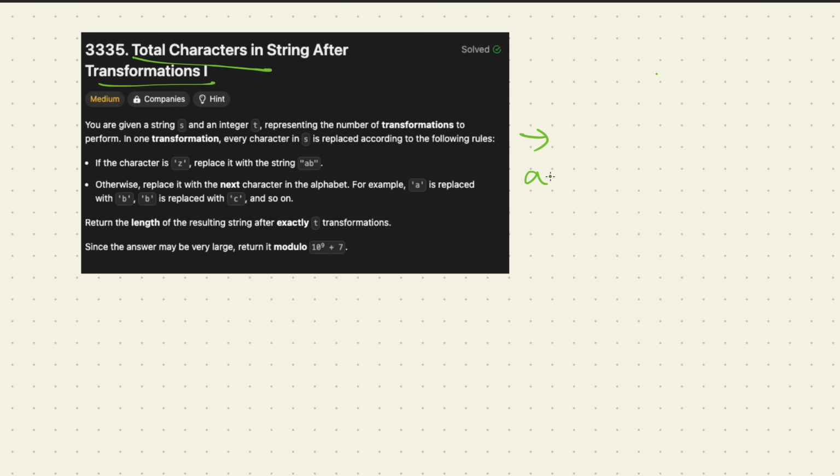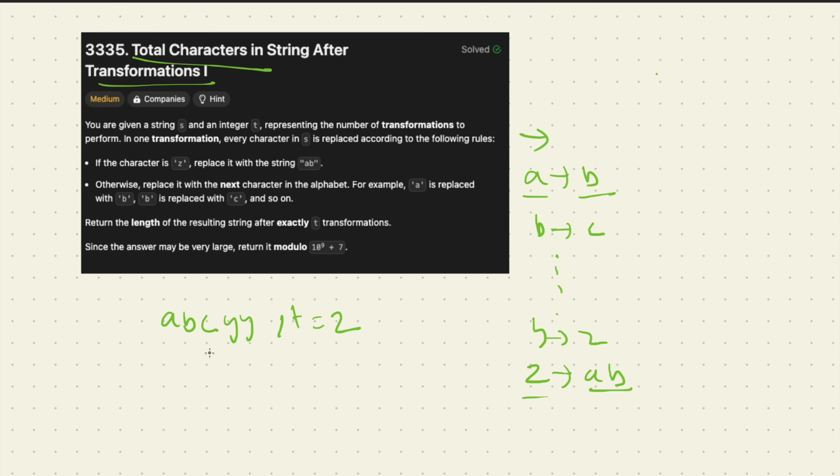Basically, any character you find, you can replace it with the next character. So A will be replaced by B, B will be replaced by C. Similarly, y will be replaced by z, and when you arrive at z, it should be replaced by ab. So this is the question, and at the end, you need to tell what's the total length of the string. So, for example, if you have this string and t is given as 2, so after 2 times transformation,